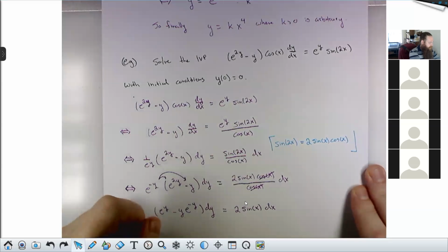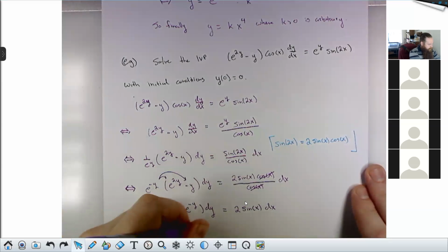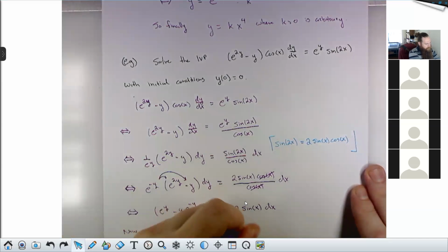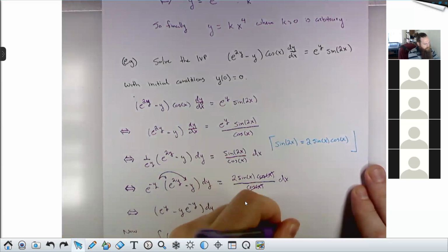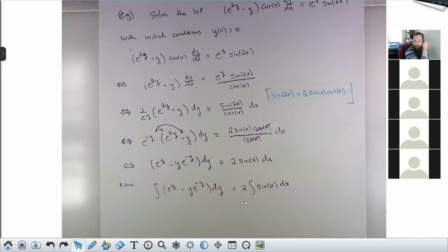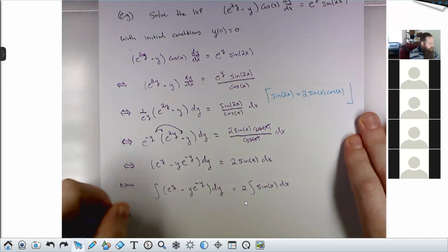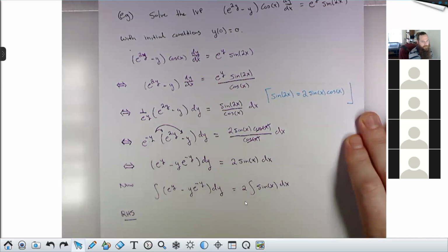So I'll say now we integrate on both sides. I'll have the integral of e to the y minus y e to the negative y dy equals 2 times the integral of sine x dx. And my right-hand side, I'm going to split this up. We'll call this right-hand side, RHS,